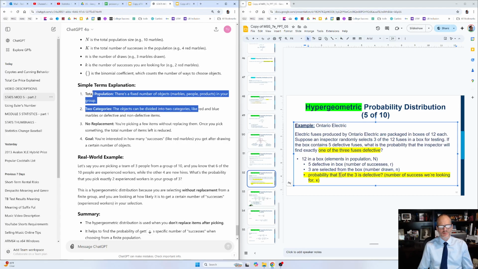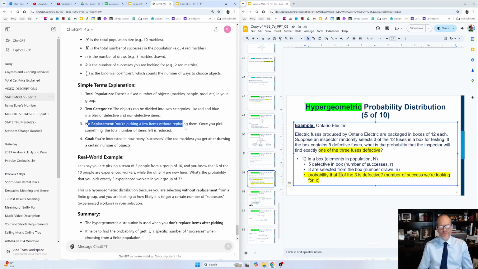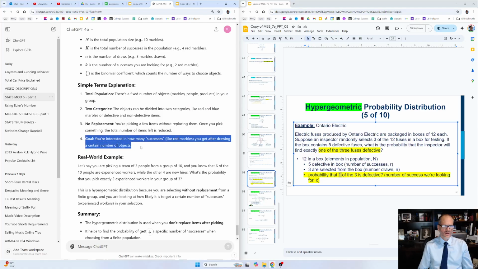Two categories. The objects can be divided into 2 categories, like red or blue marbles, or defective or non-defective items. No replacement. You're picking a few items without replacing them. Once you pick something, the total number of items left is reduced. And your goal is to see how many successes, like red marbles, you get after drawing a certain number of